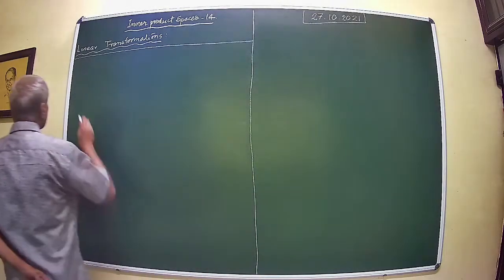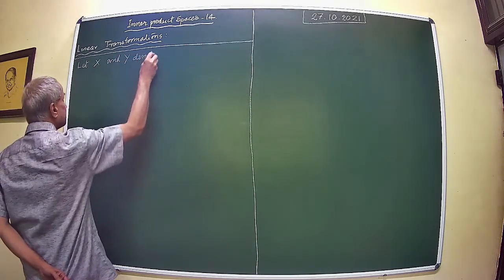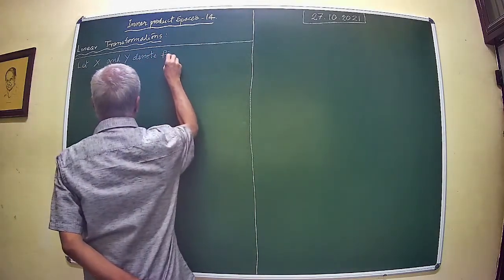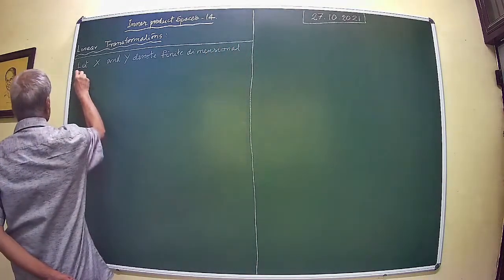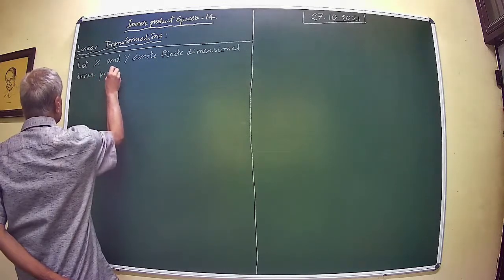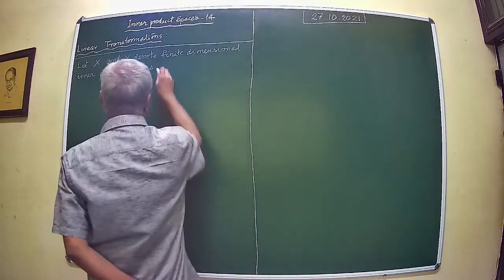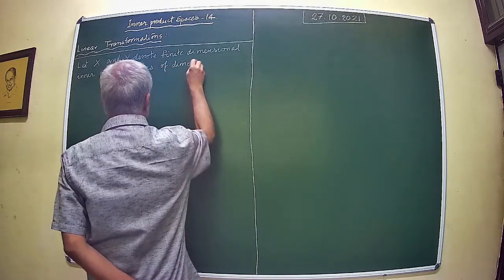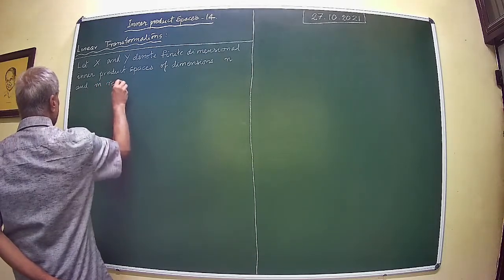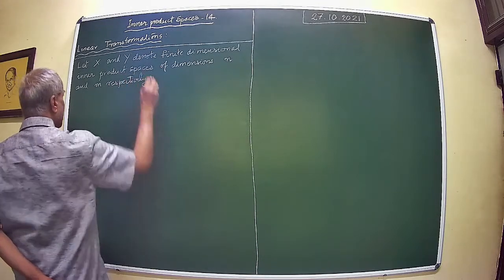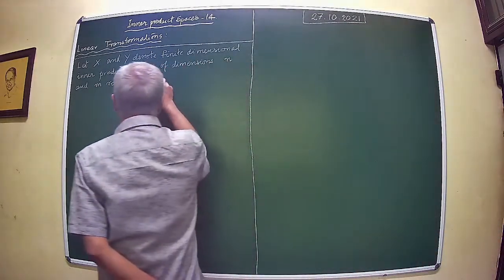So we assume X and Y are of dimension n and m respectively. We look at linear maps from X to Y. So let T be